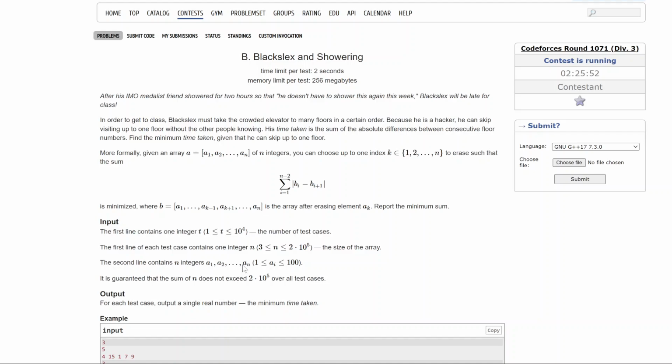In order to get to class, X must take the crowded elevator to many floors in a certain order. Because he is a hacker, he can skip visiting up to one floor without the other person knowing. His time taken is the sum of the absolute differences between consecutive floor numbers. Find the minimum time taken given that he can skip up to one floor. More formally, the teacher chooses a k to erase such that